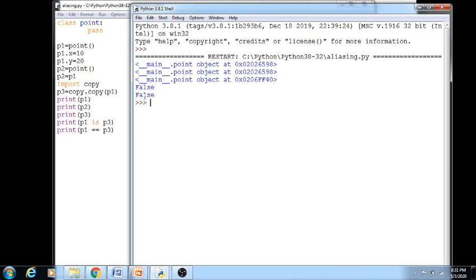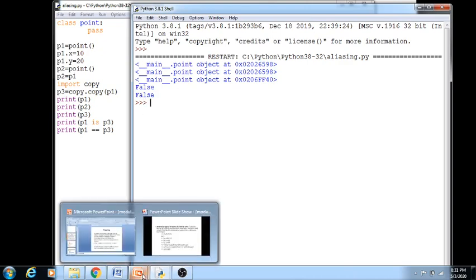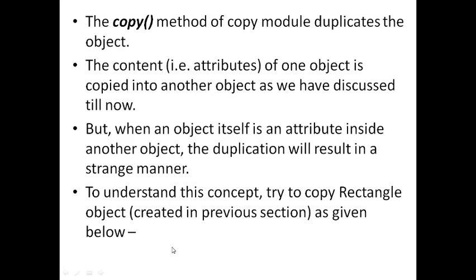If you go for a direct assignment, it is just aliasing, and if you want to copy to a different physical memory, you need to use the copy module and the copy function. The copy method of the copy module duplicates the object. The content of one object is copied into another object, as you have seen, but when an object itself is an attribute inside another object, the duplication will result in a strange manner.